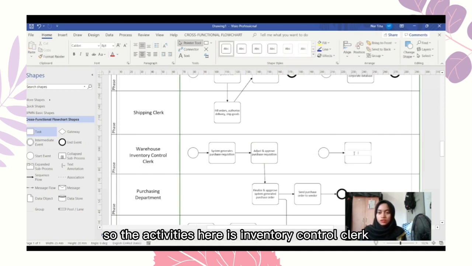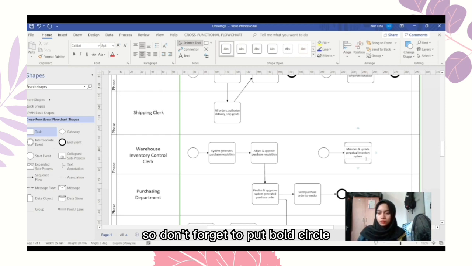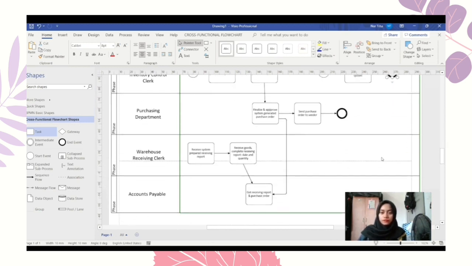So the activity here is that inventory control clerk maintains and updates the perpetual inventory system. Okay, so don't forget to put the bold circle. Okay, next,